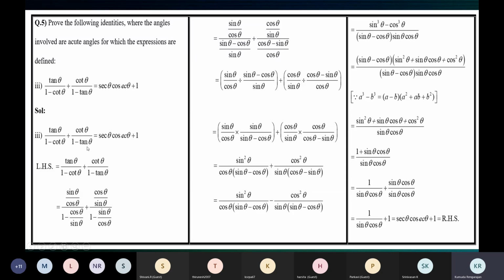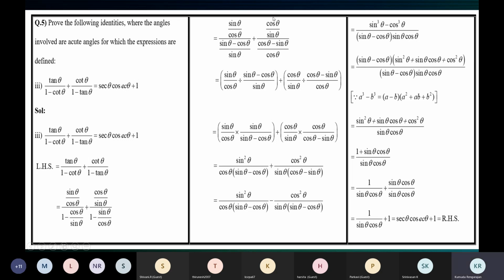So now what is for tan theta? Tan theta, we have this. This is the numerator. Instead of tan theta, we have sine theta by cos theta. That is the numerator. Then what we have for 1 minus cot theta, this one. This is the denominator. So numerator sine theta by cos theta divided by this denominator. See, instead of this tan theta, we have this divided by, instead of 1 minus cot theta, we have this.